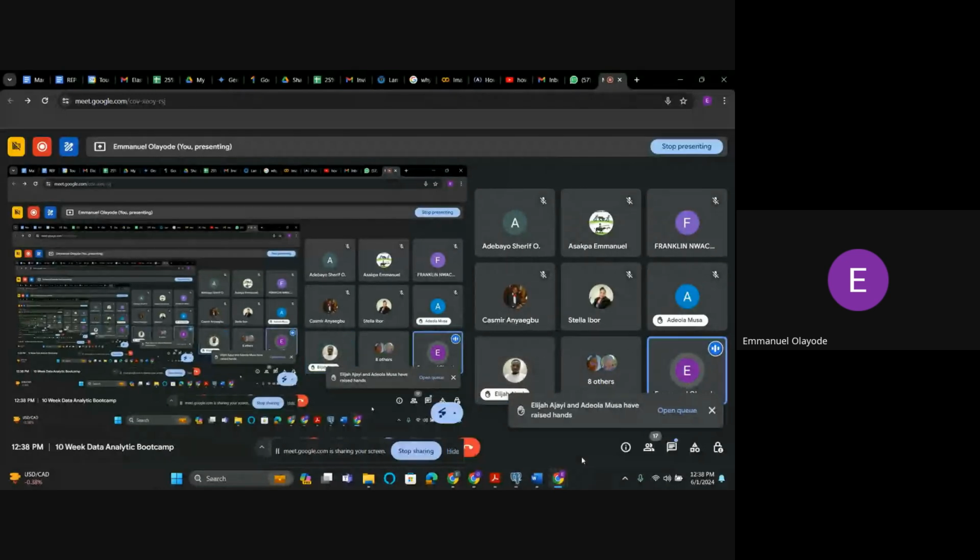Now, SQL is just the language that we use to interact with the database. You understand now? So structured query language is the language that all relational databases use. It is the language we use to interact with all relational databases, be it Postgres, MySQL, SQL Server, Oracle, or SQLite. So SQL generally is just your language. Now it depends on where you are working, depending on the type of data